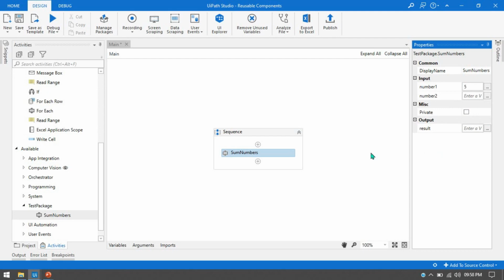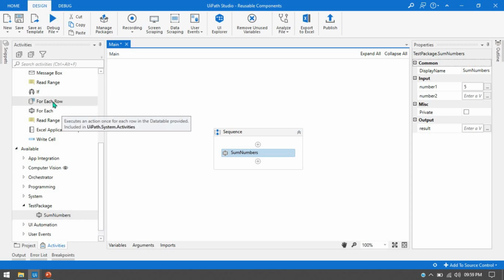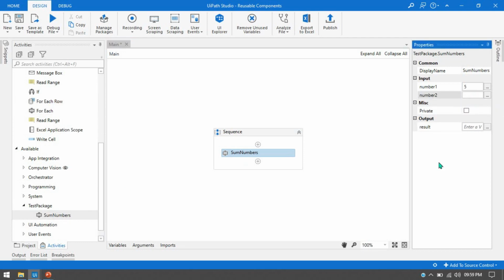And one more thing you can see here, if you do a mouse over on this activity, we are just getting included in test package. I will show you, if possible, whether it is included in the 2019 version or not. And one more thing, if I'm not putting anything here, then it is not showing a warning message. This should be marked as required. If you want this field as required, then I will show you how to do that. So currently I'm just showing you